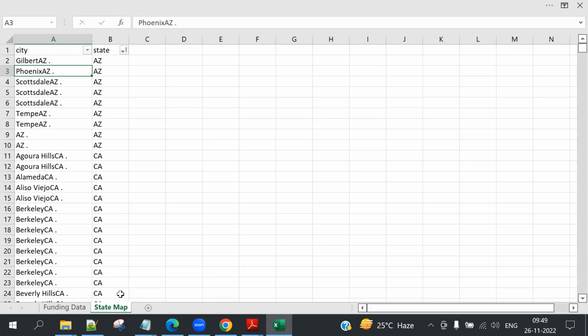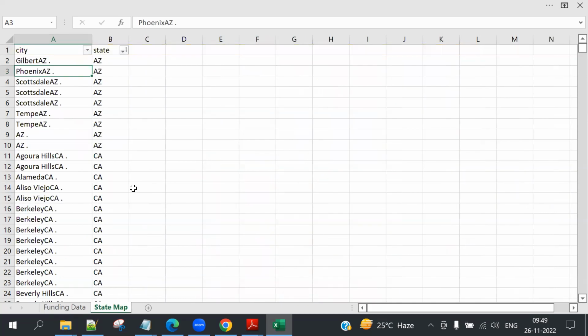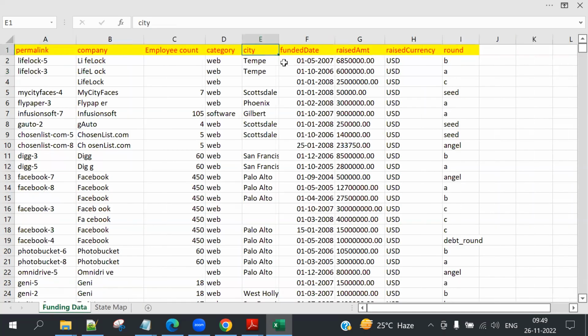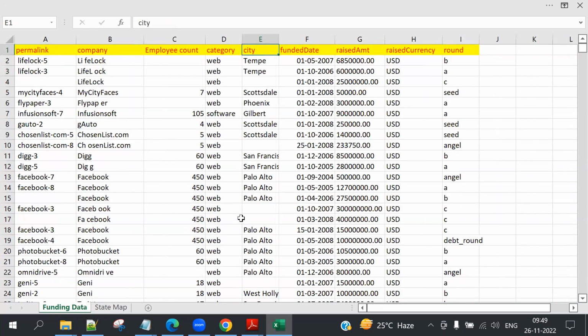Why is state the master? One state can have many cities. Look at this, it has only textual data, no measurable data. And the city reference is given in the fact table, where measurable data is available. So this reference is given here, and this is a first column, and here it is a column somewhere else. So automatically this is the master one, this is the child one.